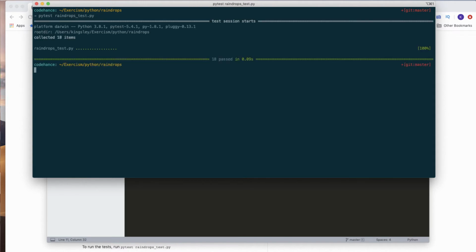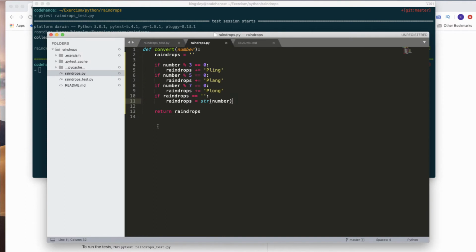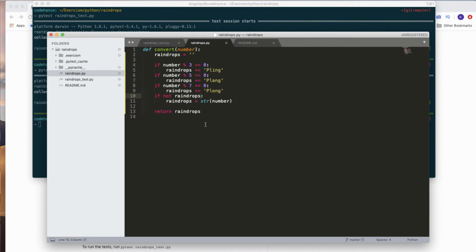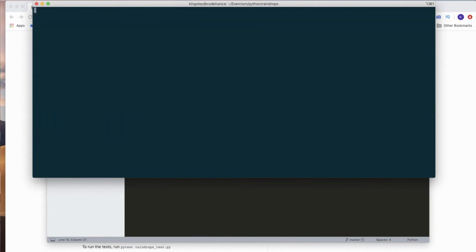and that was the solution to the problem. So it's all green. So how can we refactor this? If raindrops equals blank, we could say if not raindrops, so that's falsiness. If not raindrops, then do that. Does that work? Yep, that works. I can't see how else to refactor this. I think it's pretty much as it should be. So let's go ahead and submit our work,